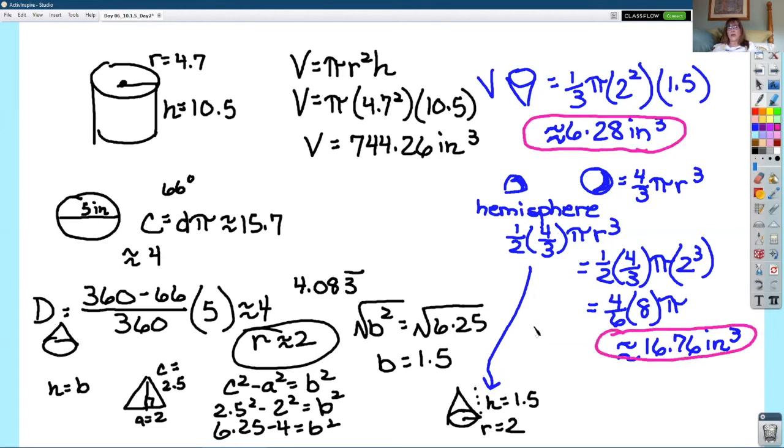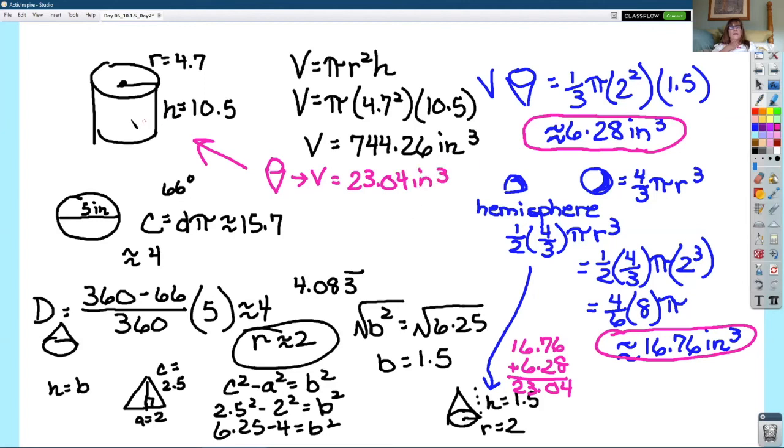So now we need to go ahead and add these together. When we do 16.76 plus 6.28, we get a total of 23.04. So we're going to go back to this. Each ice cream cone has a volume of 23.04 inches cubed, and our cylinder has a volume of 744.26 inches cubed. So the question is, what can we do to figure out how many scoops of ice cream,